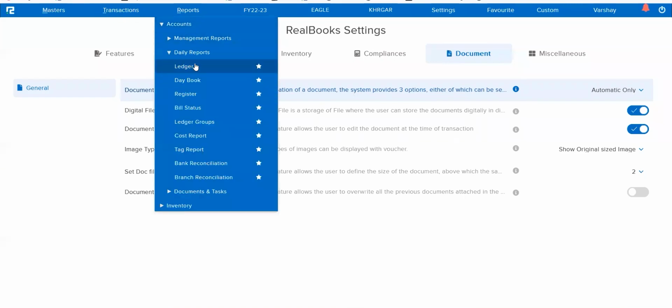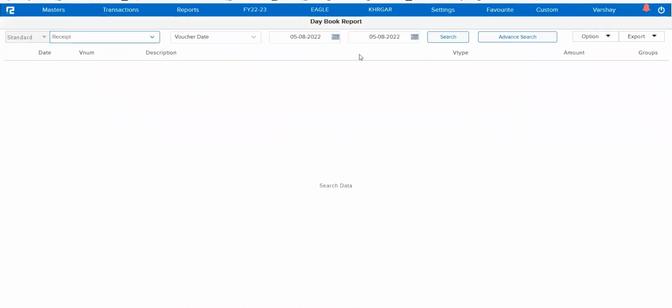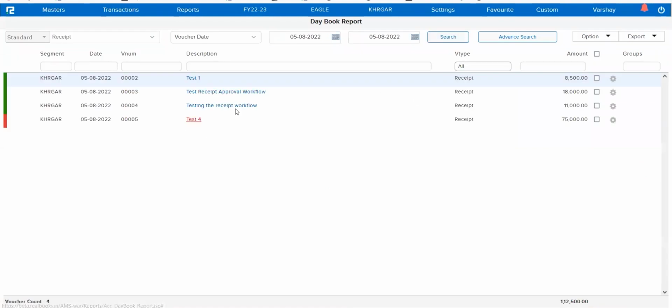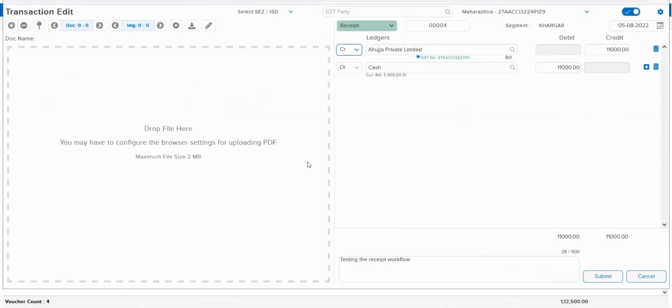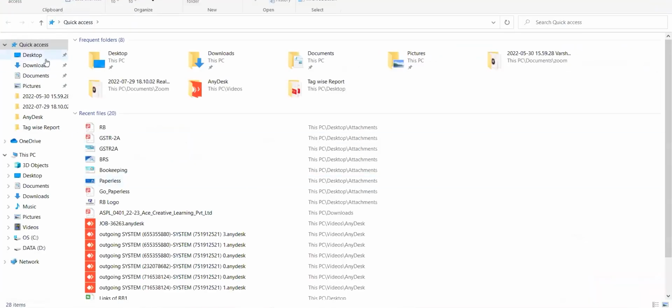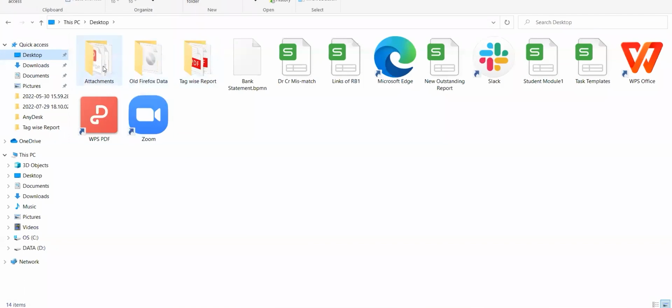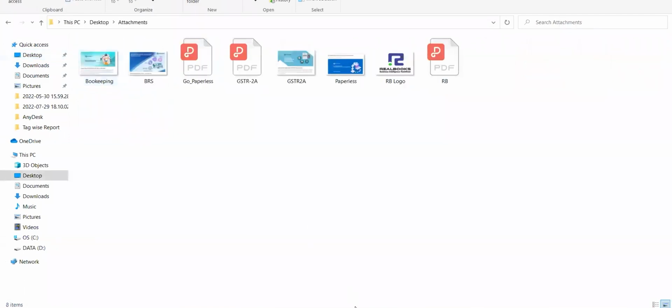go to accounts, daily reports, daybook, and if you click on search, for example, if you open this entry and click control spacebar, the page gets divided into 2 halves, and there is an option of drag and drop over here. Now how drag and drop works is as simple as you just need to switch to the folder where you already have attachments available in your system, and you can just simply drag, like paperless. I will just drag over